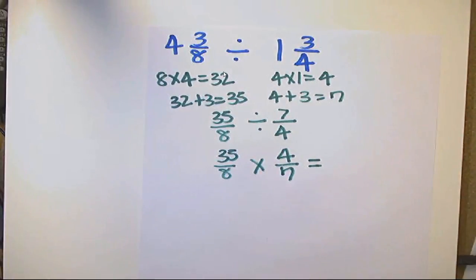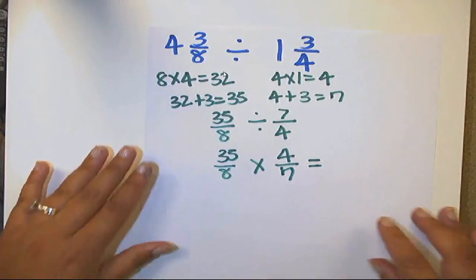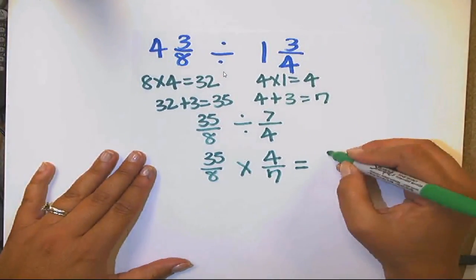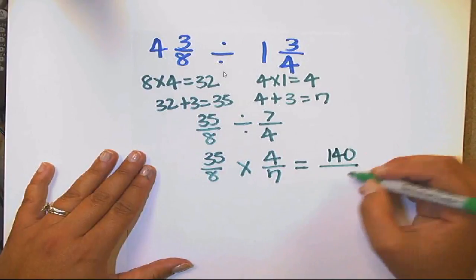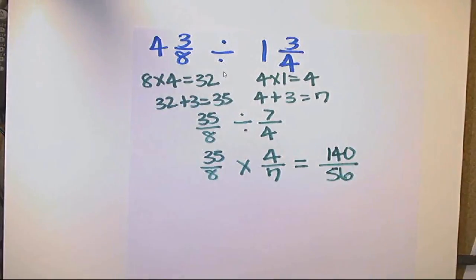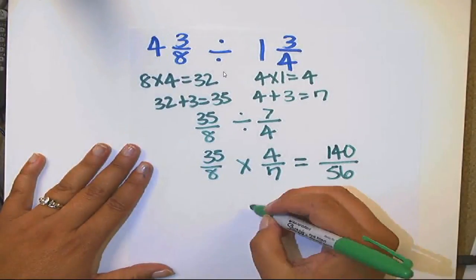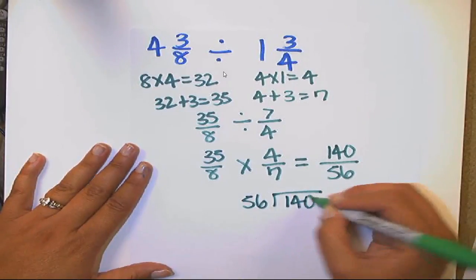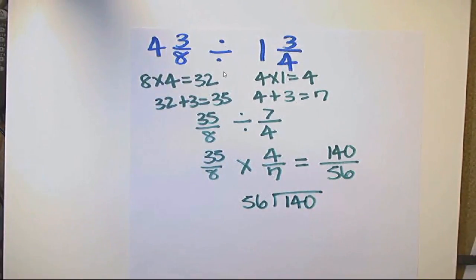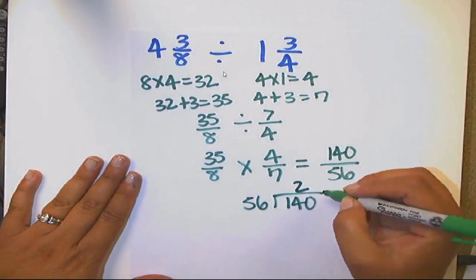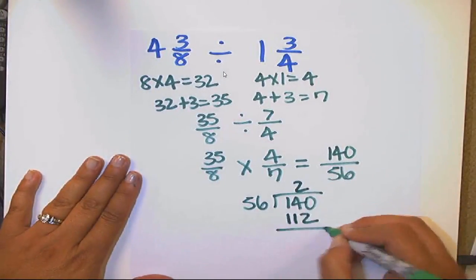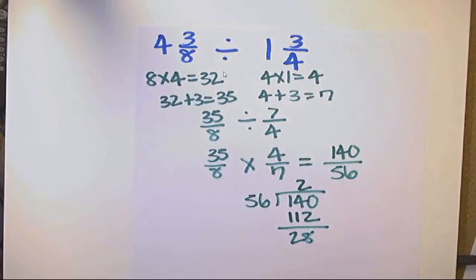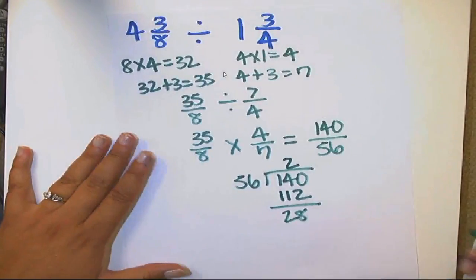Now I'm going to multiply straight across, and again, I've already worked this out. When I do that, it gives me 140/56. Okay? Obviously, another improper fraction, so I'm going to take that improper fraction and turn it into a mixed number. I'm going to do that by taking my denominator. I know that 56 can go into 140 two times, which gives me 112. When I do my math, I end up with 28. So my answer ends up being